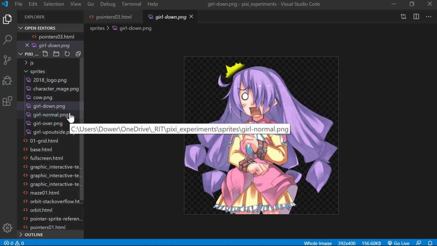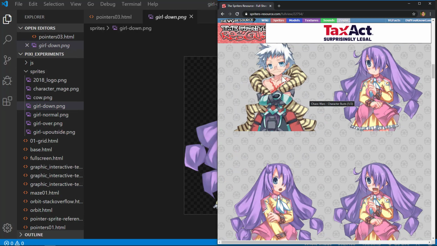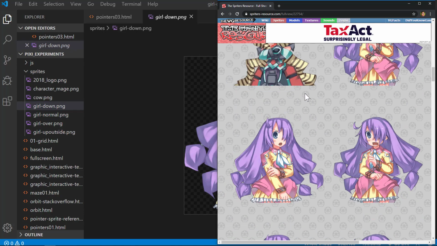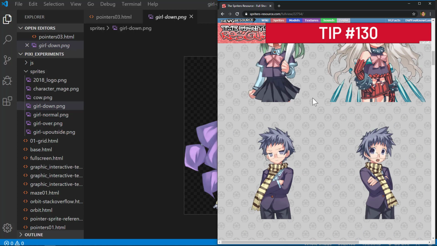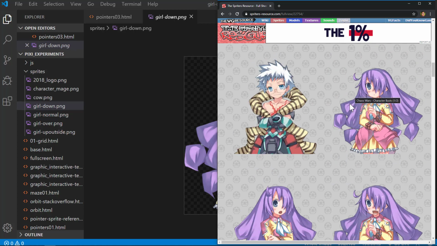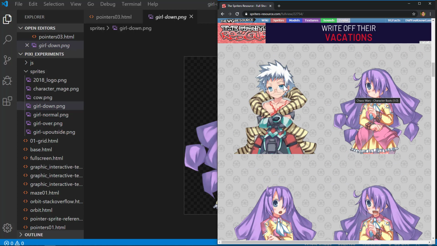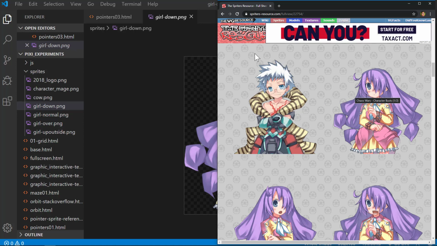Once again, if you're not familiar with Sprites Resource, it's a nice little place that has sprite sheets that people have pulled from various different games. I found this one to be kind of interesting, so I decided to use this. This is something from some game called Chaos Wars. I have no idea about the game, but it looked kind of interesting, so that's what we're going to use